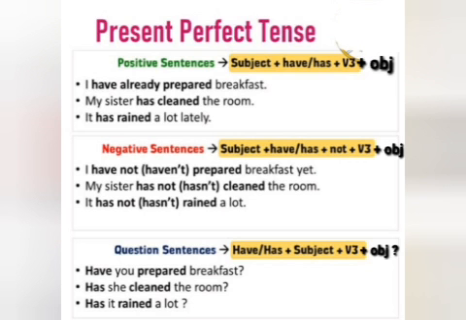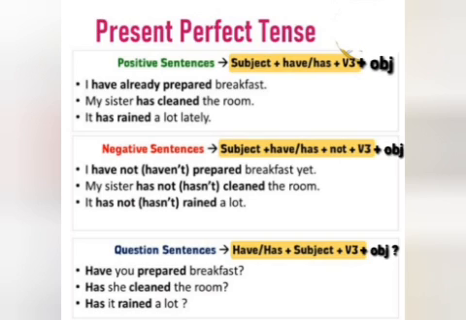So now the format for present perfect is subject plus has or have plus verb's third form V3 plus object. Now again you have a question where to use has and have. So has is used with singular subjects and have is used with plural. Yes. Now we write the positive, this is the syntax for positive form.